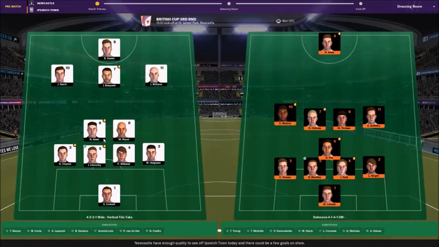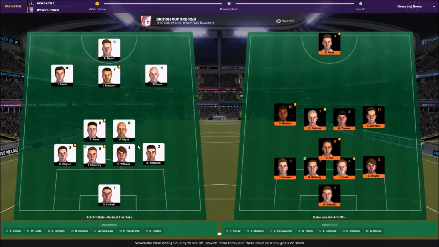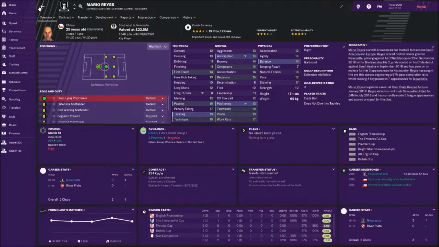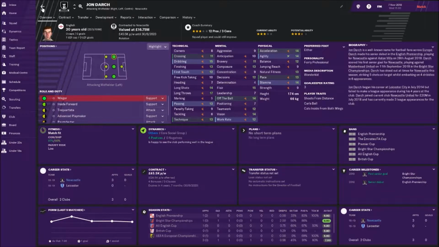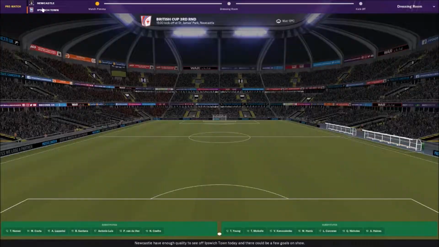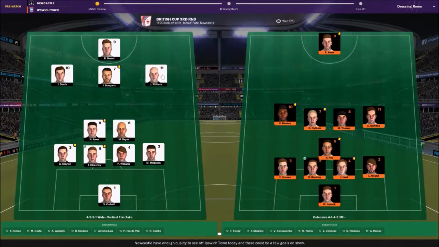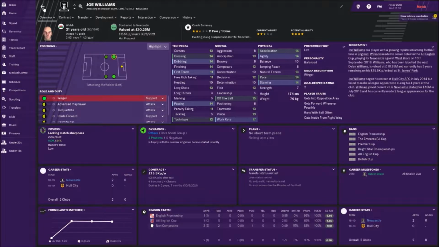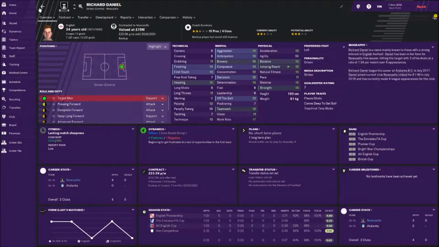The two centre mids then are Nicholas Jones alongside Mario Reyes. And then the front four are going to be John Darch up the left. We have Jose Miguel Busquets in the middle. We have Joe Williams at the right. And then our striker is going to be Richard Daniel, who I'm not too sure if we're going to keep